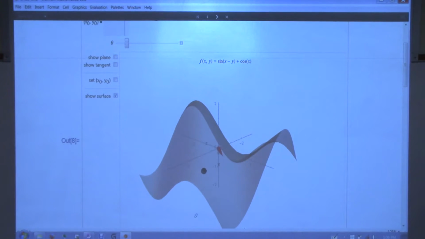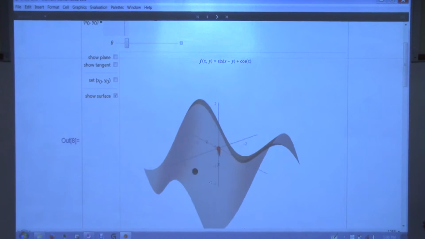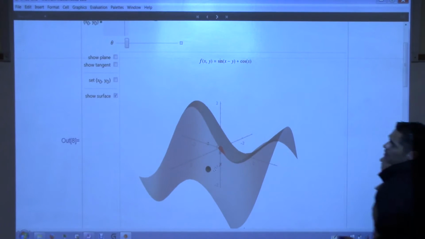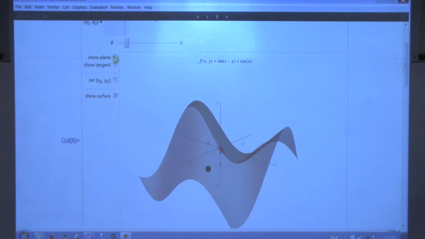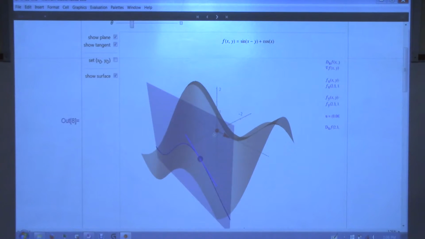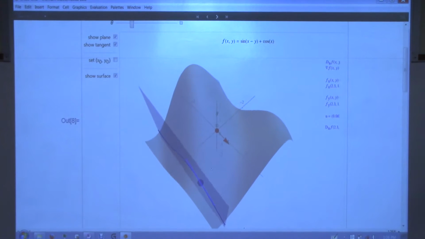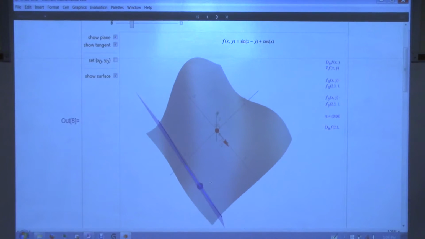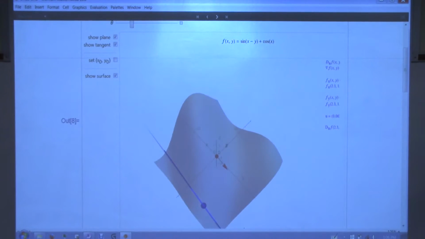All right, so I could go over here, kind of on this front edge of the surface, and I could cut through that with the plane, get the tangent line, and spin that thing around, right? Yeah? So what I want you to see from this view, if I'm spinning this around, that red vector, I didn't move it. So if I look at this from the top, do you notice that my plane,